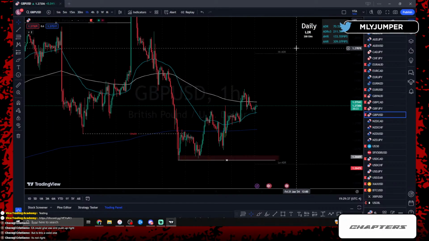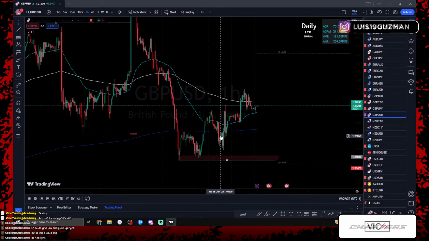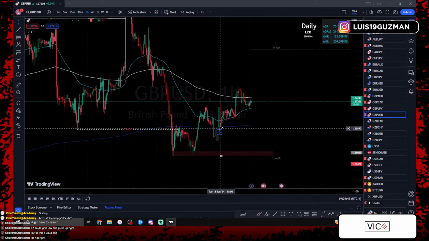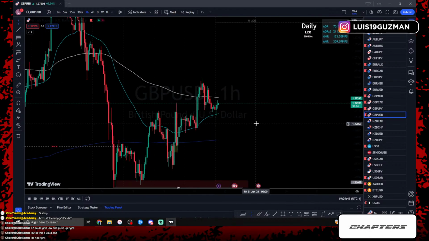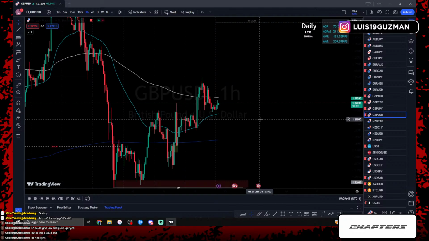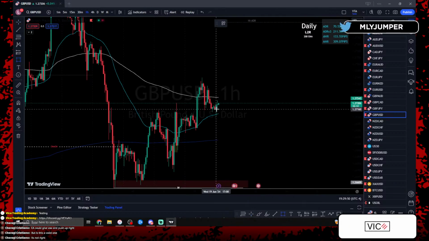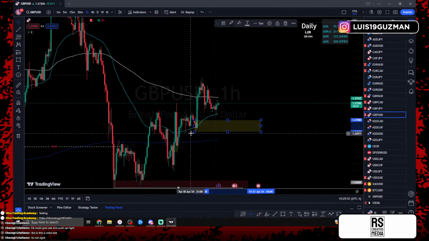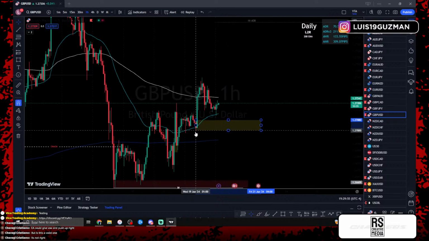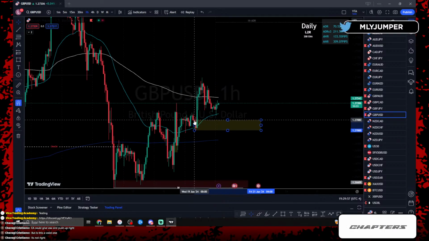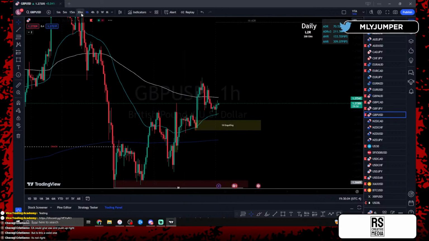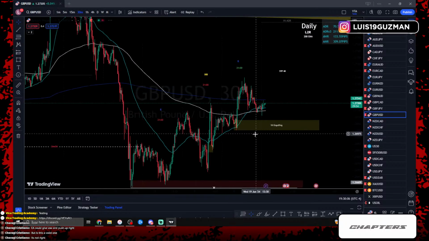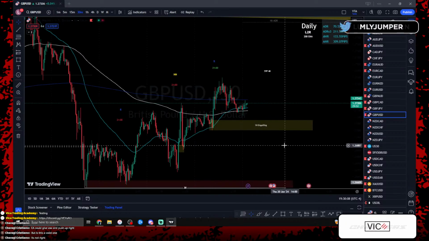In the 1 hour, green red, not valid. Red green, perfect. Alright, red green candle. Could we be expecting a pullback down into this zone here to continue that uptrend push? It could happen. What time frame is this? The 1 hour. Could be interesting. All right, let's mark that down. 1 hour engulfing. All right, in the 30-minute, this pullback's a little bit steeper than I would like, but it could happen.